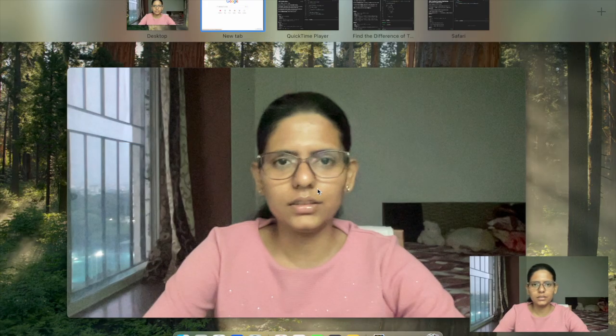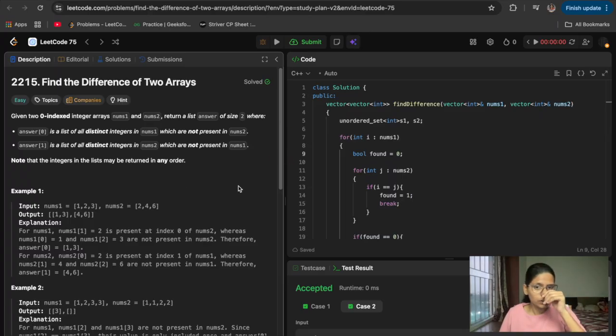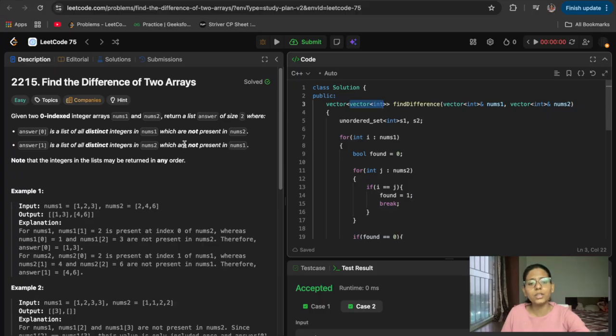Let me take you to the screen. So in this question, we are given two vectors, nums1 and nums2, and we have to return a vector of vectors as the answer, in which the first vector will contain the distinct integers from nums1 which are not present in nums2, and the second list will contain distinct integers from nums2 which are not present in nums1.